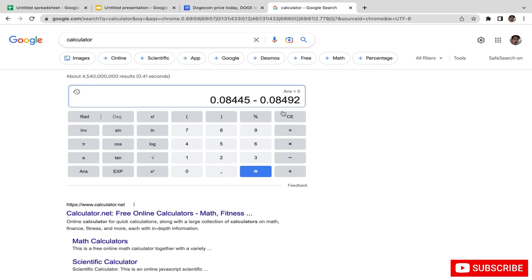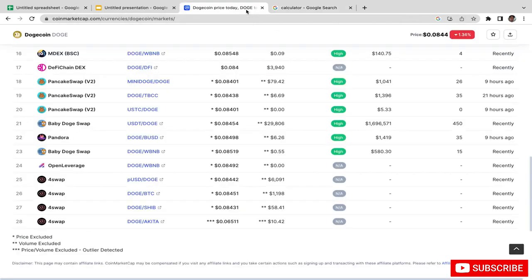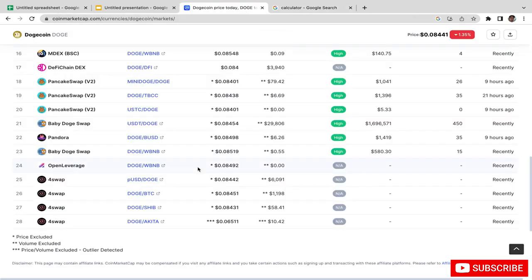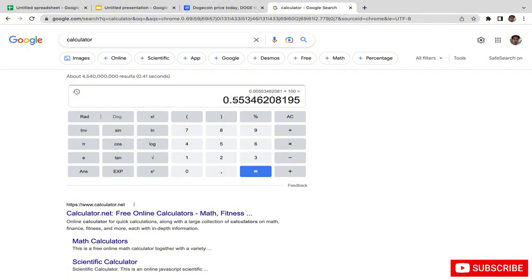Just multiply that by -1 so we make it positive, and then divide it by 0.08492, times 100. Okay, so for these two decentralized exchanges, Open Leverage and PancakeSwap V2, we got